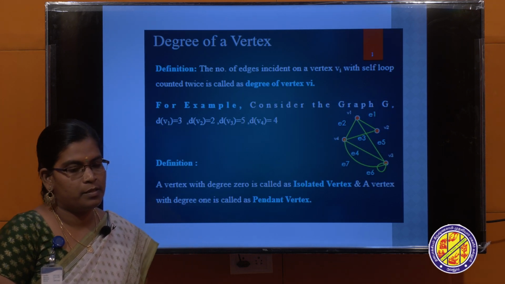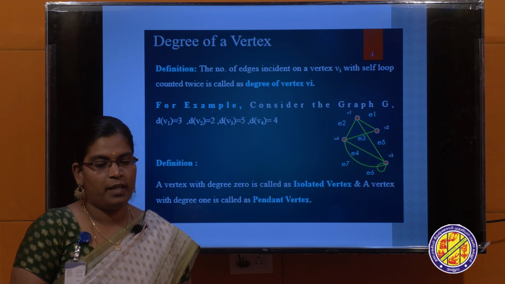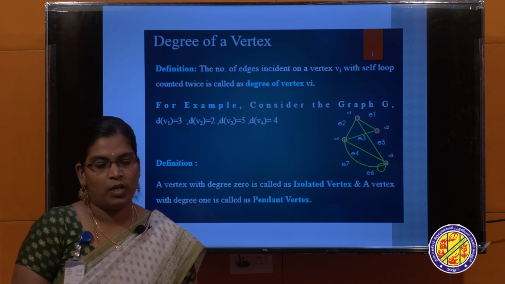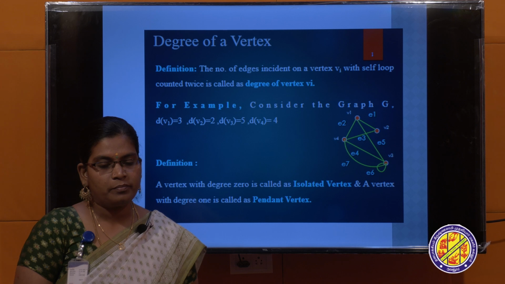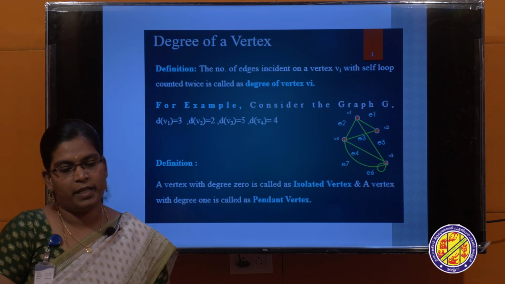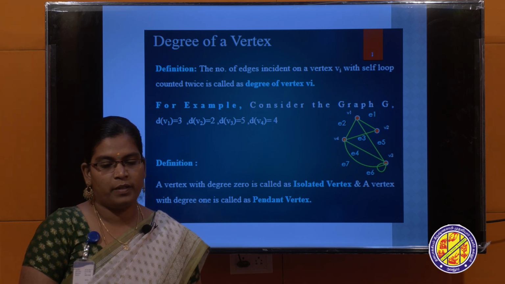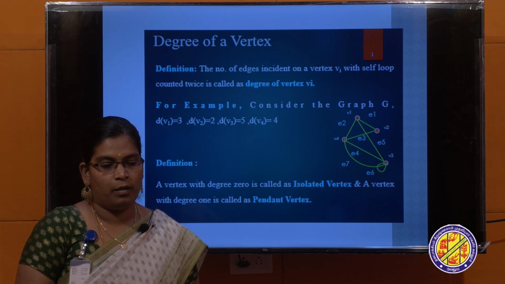So, degree of a vertex. The number of edges incident on a vertex Vi, with a self loop counted twice, is called the degree of the vertex Vi. So in this graph, there are 3 edges incident on the vertex V1. Therefore, the degree of the vertex V1 is 3. There are 2 edges incident on the vertex V2. Therefore, the degree of the vertex V2 is 2. So similarly,